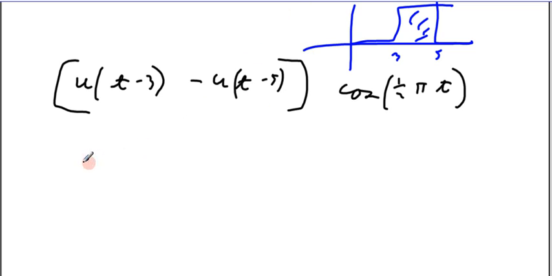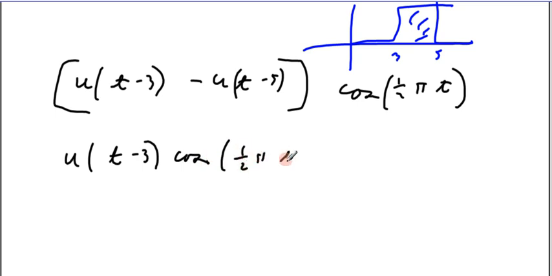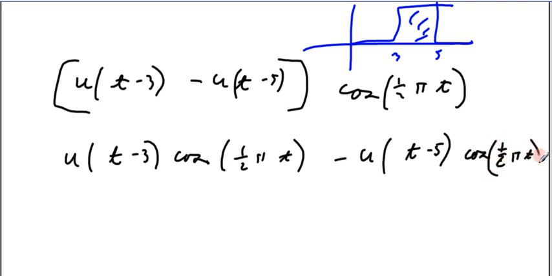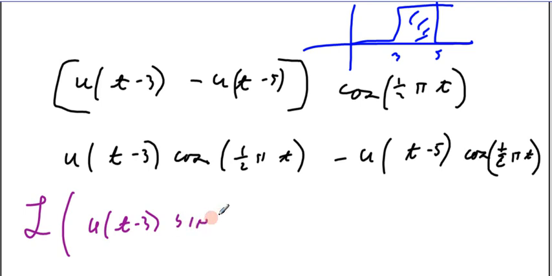Okay, so I have a unit step function t minus 3 cosine 1/2 pi t minus unit step function t minus 5 cosine 1/2 pi t. And then I'm going to take the Laplace transform of unit step function t minus 3 sine